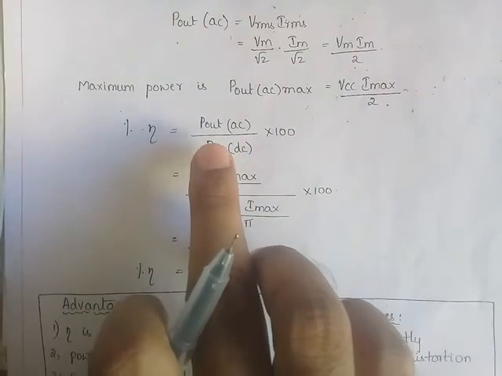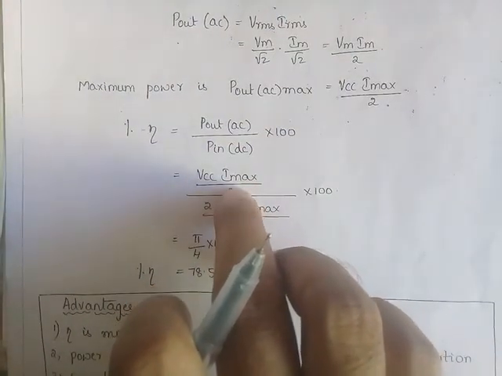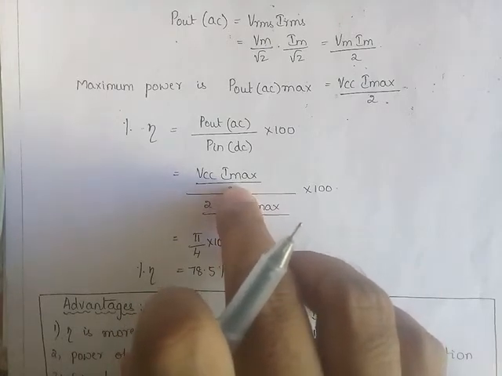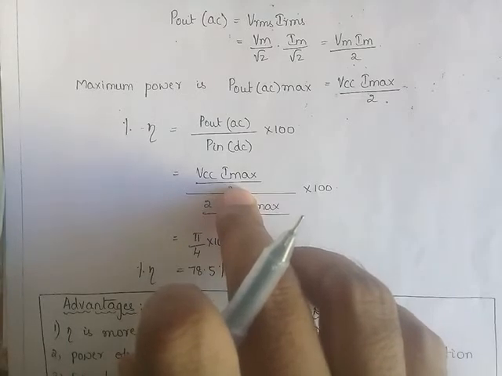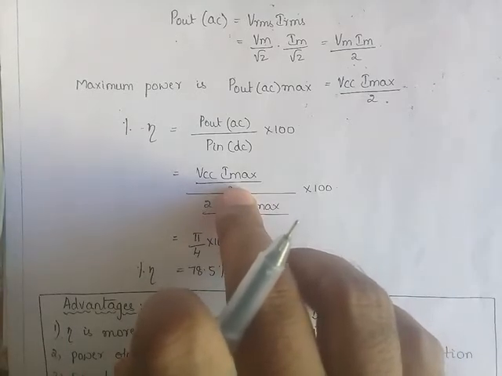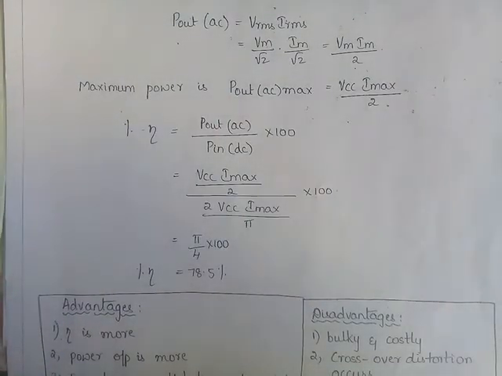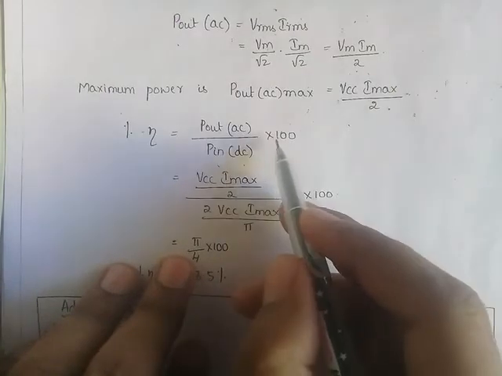But why are we taking AC analysis over DC analysis here? It means we are getting some type of phase shift at the output. The same input signal is reflected at the output, but the formation of the output signal is varied, in an inversely proportional form. So we are taking here P out AC by P in DC into 100.